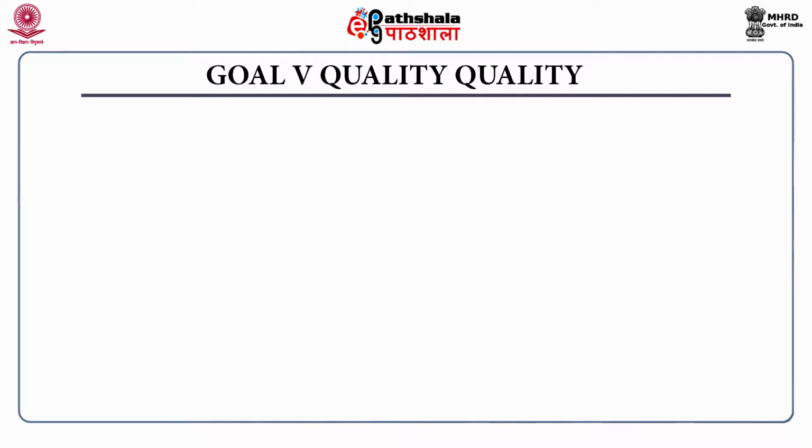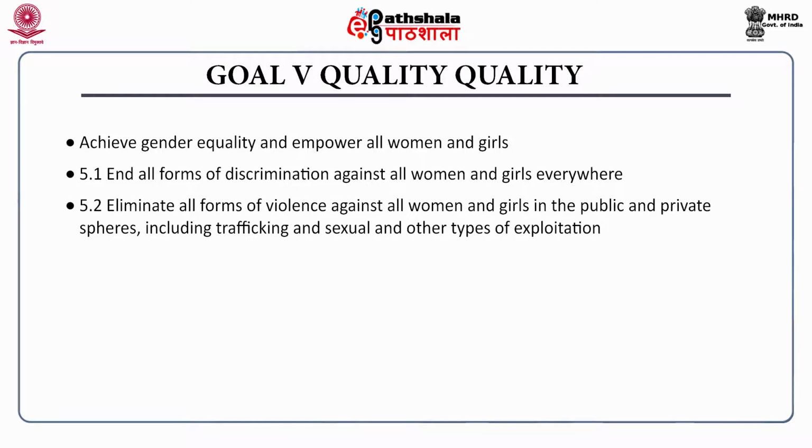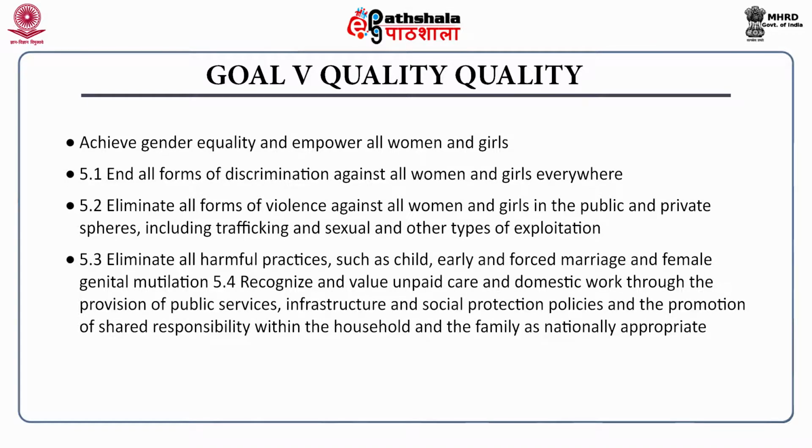Goal number 5. Gender equality. Achieve gender equality and empower all women and children. For this, first target is to end all forms of discrimination against women and children, particularly girls, everywhere. Eliminate all forms of violence against women and girls in public and private spheres. Eliminate all harmful practices such as female genital mutilation and recognize and value unpaid care and domestic work through